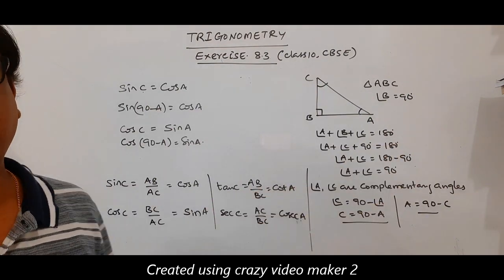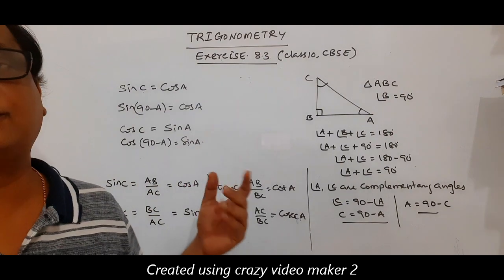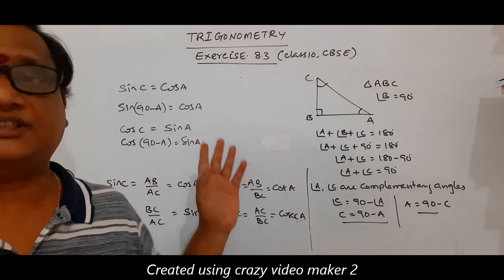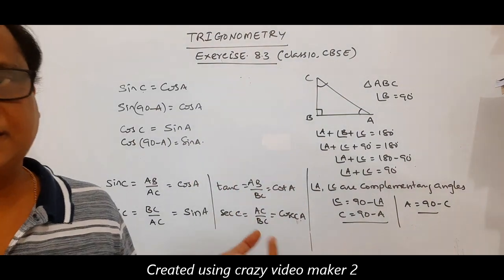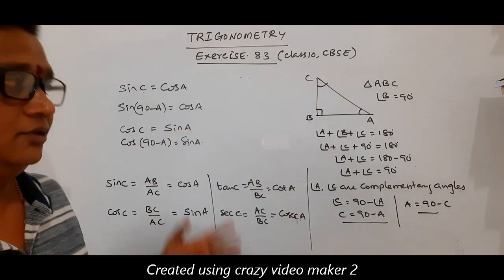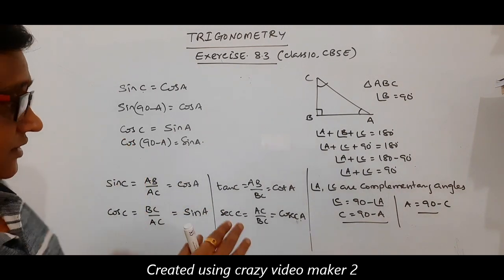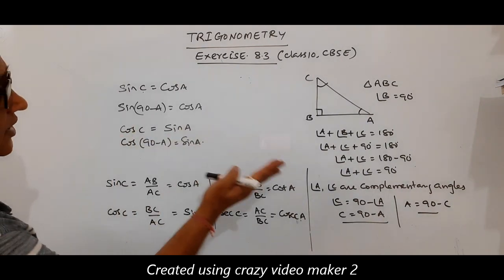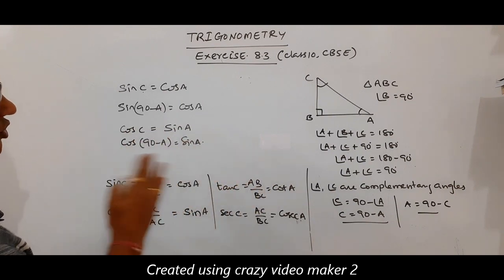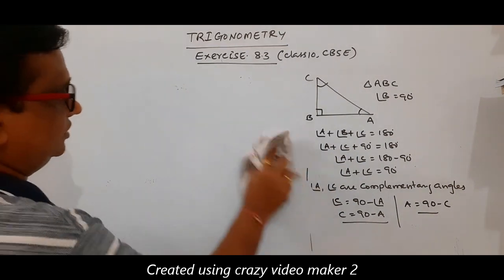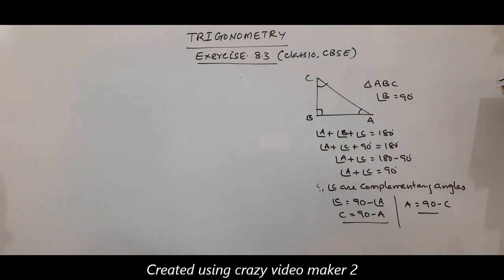This is another method. In previous videos I explained that big chart, that is theta, 90 minus theta, 90 plus theta, 180 minus theta, 180 plus theta. You can see that chart and do it that way also. Please see the complementary changing of angles, you must understand. I am going to explain like this. Why are we doing this method?